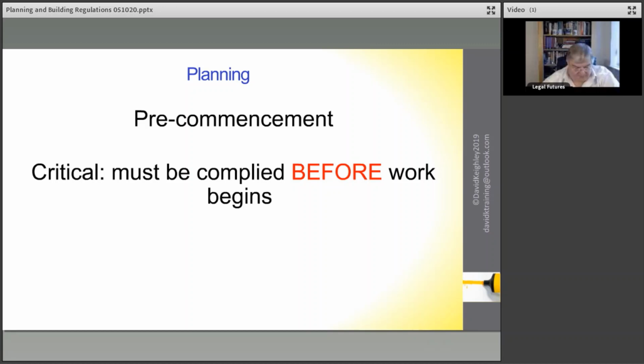Then the pre-commencement conditions, these are critical. And it is important and critical that the pre-commencement conditions are fully complied with before the work